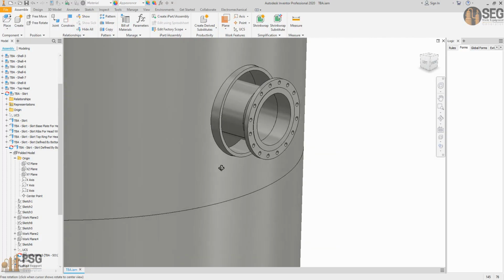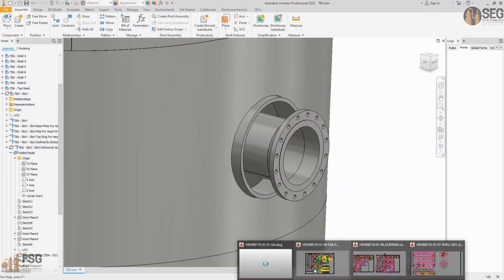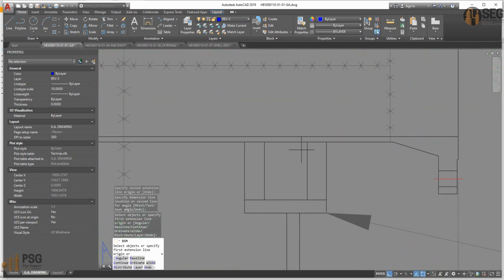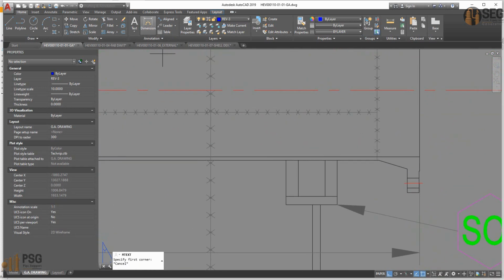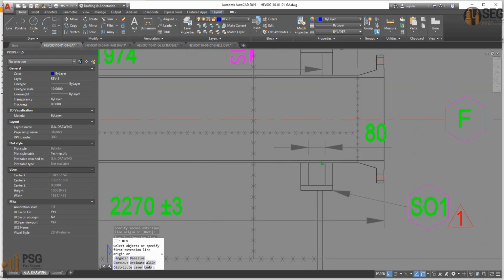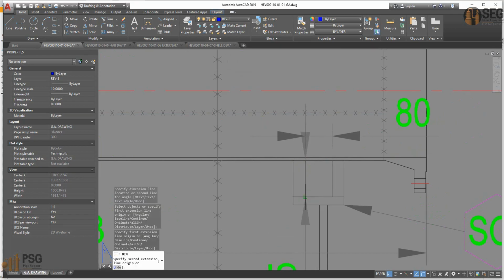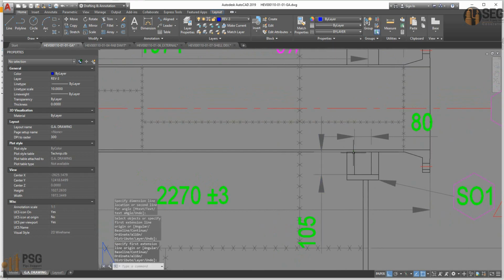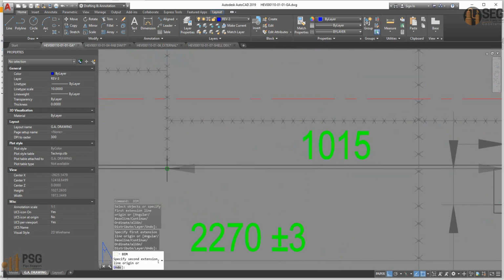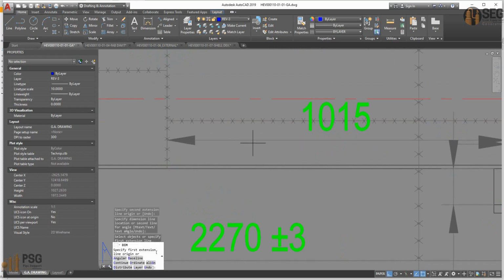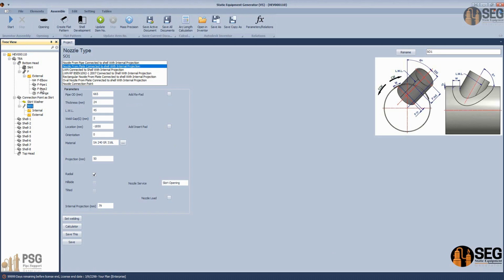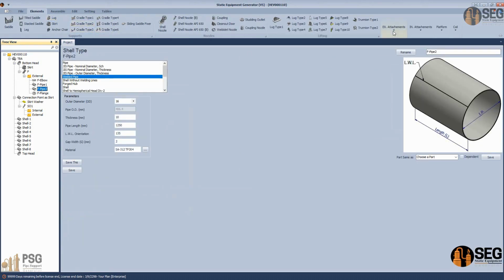Now we need to add stiffening ribs on this pipe. As you can see here on this pipe, we have a stiffening plate here. We need to measure the width of this one. It's 80 millimeters, and the height is around 150, and the location from the start point of the pipe is around 1015. So from here let's select this pipe, which is the second pipe,